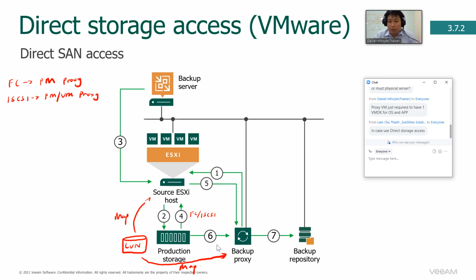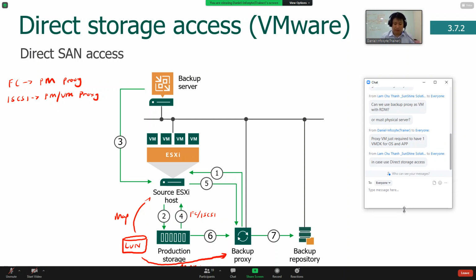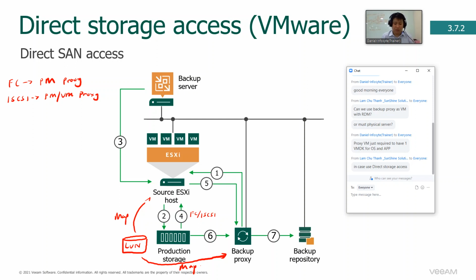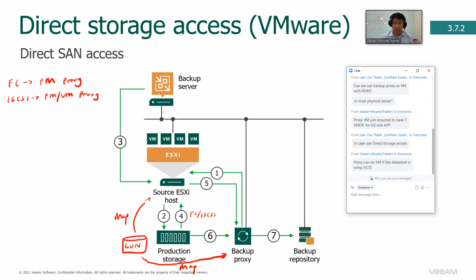So your backup proxy can be a virtual machine. Your proxy can be a VM if the datastore is using iSCSI. Now you need to utilize an OS-level iSCSI connection to the SAN storage,